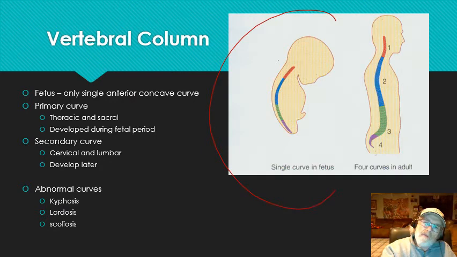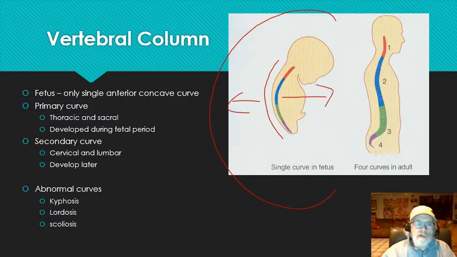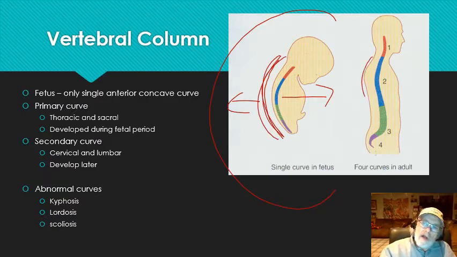We basically have one curvature. It's one solid curvature that's going to be convex posteriorly, concave anteriorly. Okay, what happens is as time develops, these curvatures start to develop differently. We have what's called my primary curve, because my primary curve is basically going to be following and mimicking this curve. I think about my thoracic curvature and my sacral curvature, so they're still there. My secondary curves will develop a little bit later